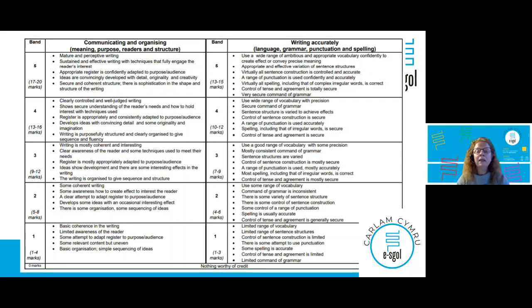So I hope you've managed to get some ideas from this. If you want to go back now, you'd be able to look at the different tasks, and obviously using this mark scheme, you'd be able to check and look over how to go about marking it. So you'd be able to see how well you've done. If you're not sure of anything that I've mentioned this evening, you could always go and have a chat with your teacher and maybe print out something that you're not sure of and take it to them. I'd also suggest that if you're practicing at home, take them in, get somebody to look at them for you so they can give you an idea of how you've done.